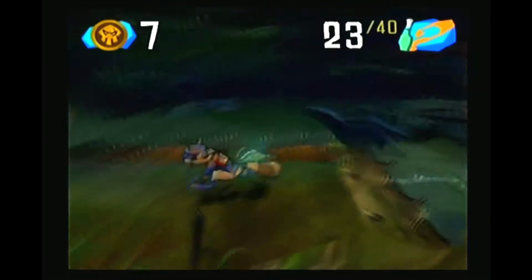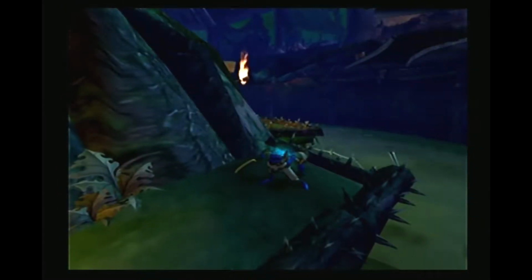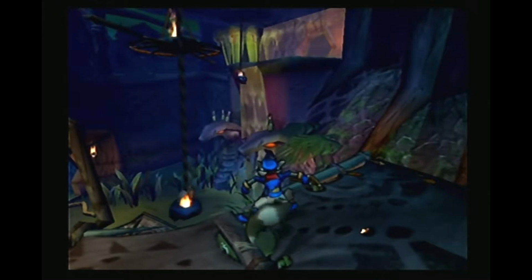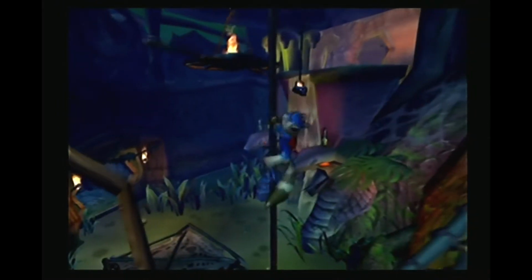Now if you go down here, you should be in this area, like right when we started the level. But now we have to backtrack all the way to where we were. Be right back. Okay, we're back here. And if you're wondering where my charm went, it pretty much disappeared when...